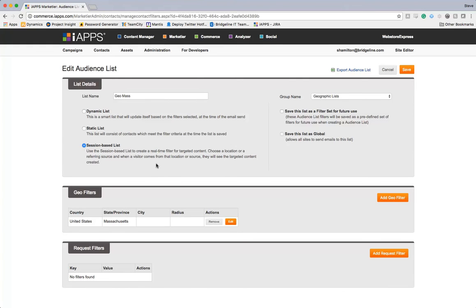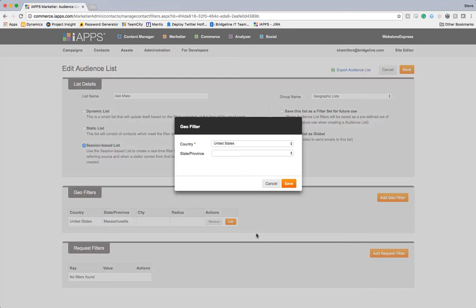As it says here in the description, this is going to allow me to do real-time targeting. Unlike some of the prior options where certain actions put them into lists and then we did it, we now, just because of attributes of their session, know about them immediately and can do this in real time. So we'll see for this particular list that I'm targeting all users that are coming in from the state of